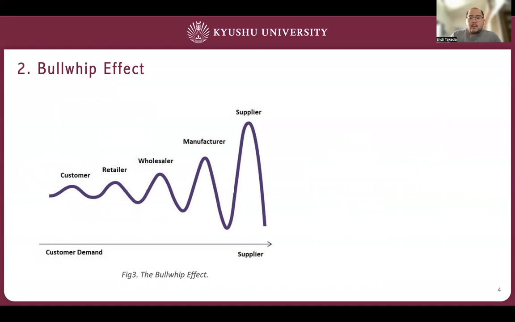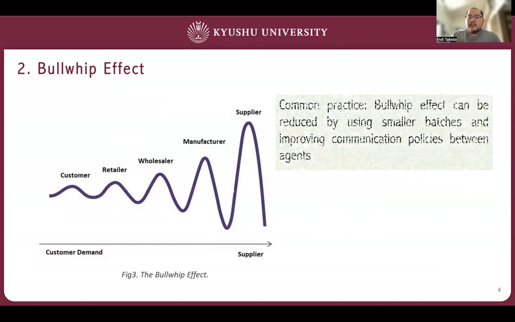And there are ways to deal with the Bullwhip effect. For example, one of the ways is making smaller batches. When we make smaller batches, we can order just what the person asks instead of a whole pallet or a big lot. So trying to reduce the batch size as much as we can is a way to reduce the Bullwhip effect. The ideal is one unit if we can do it.